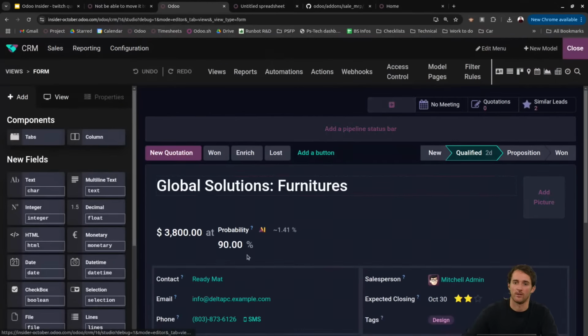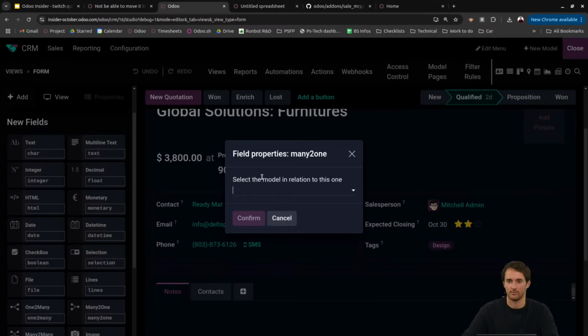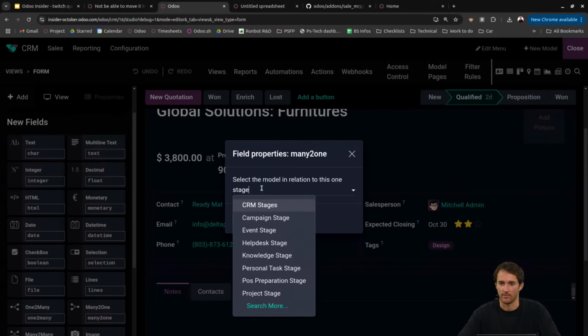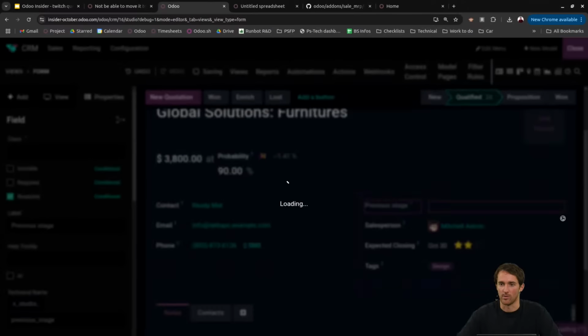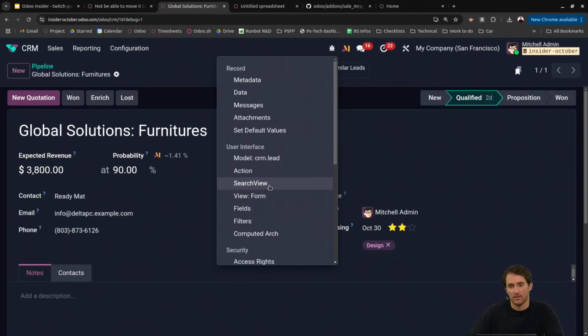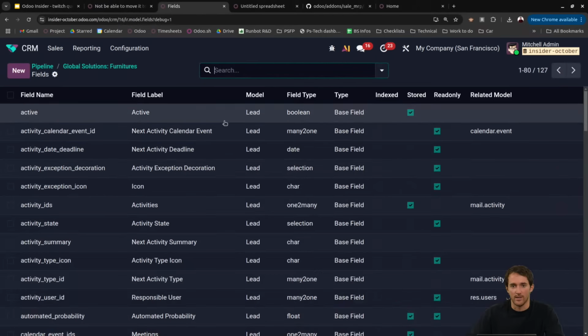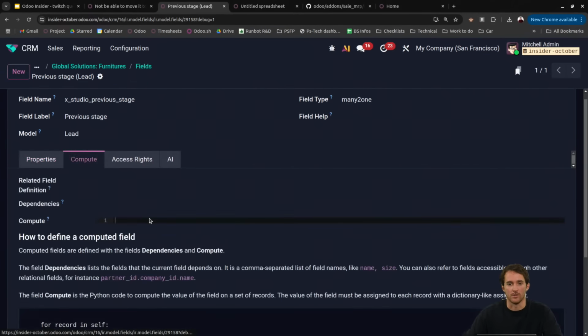Let's have a field somewhere, a Many2one field linked to the stage of my CRM. This field is my previous stage, and I want this field to be read-only because I don't want people to modify it by themselves. Then this field should be updated every time. So I go here in my fields and I have my Studio field. And let's say that I want this field